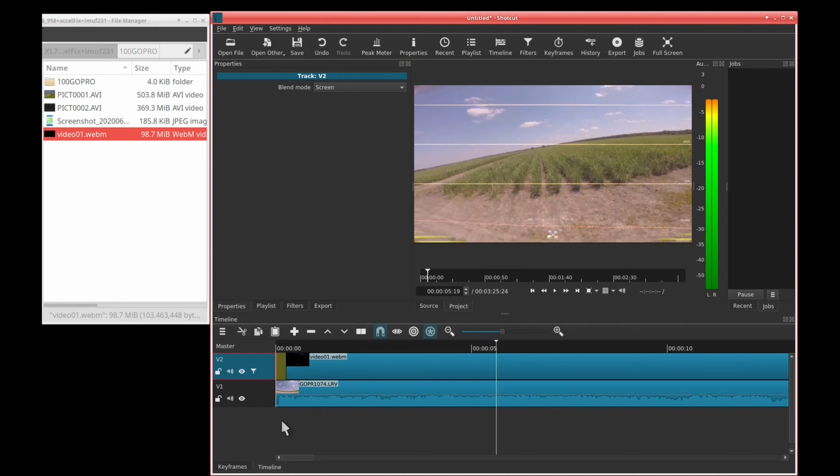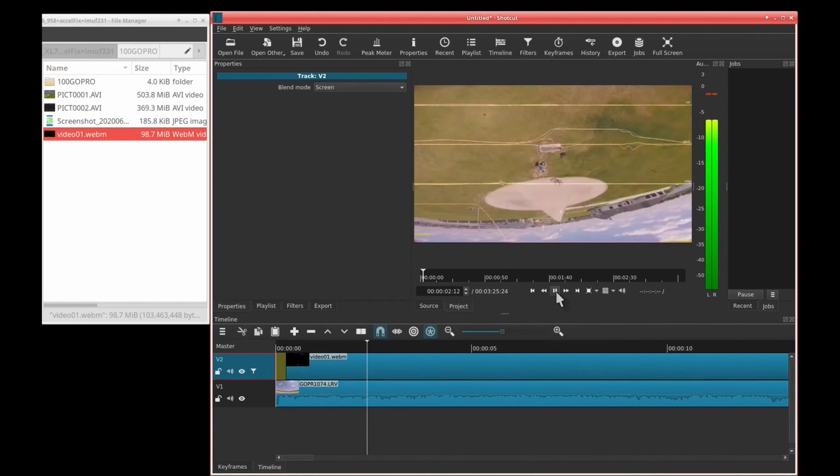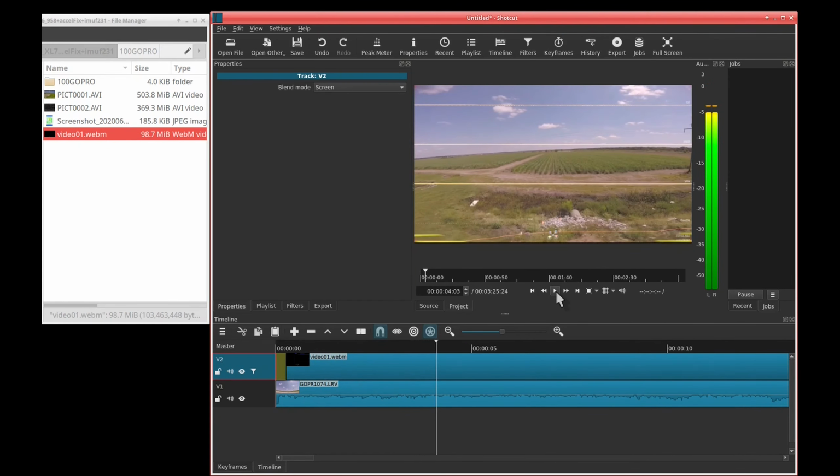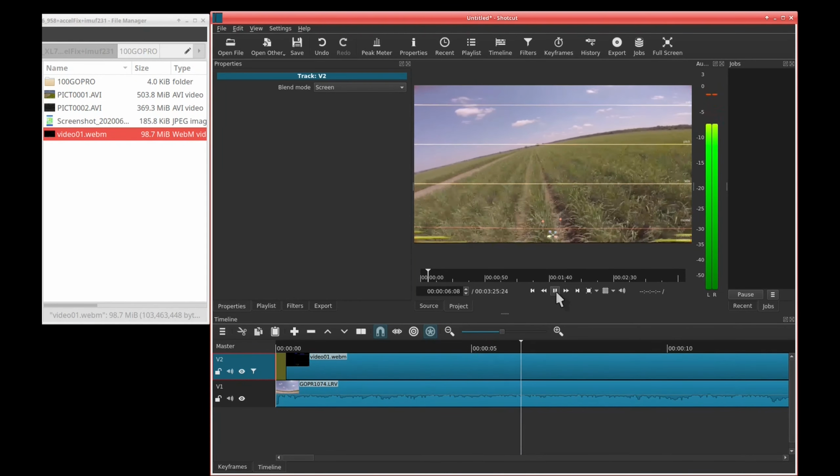So what else? That's it. I mean, that does the job, right? Just want to make sure it's synced, its blend mode is screen, and add some saturation so you can see it.